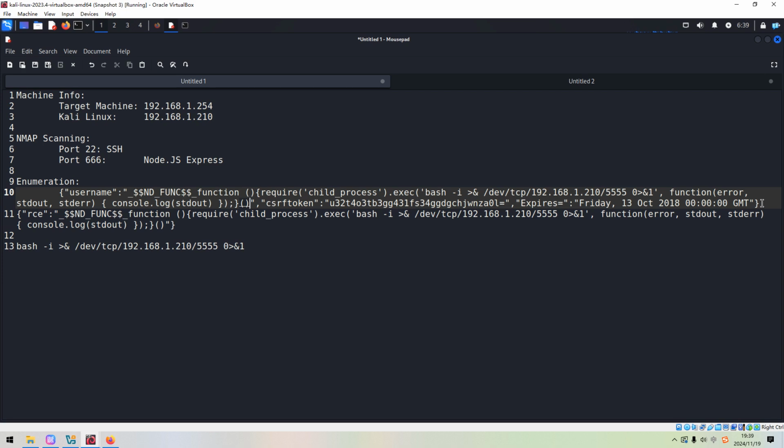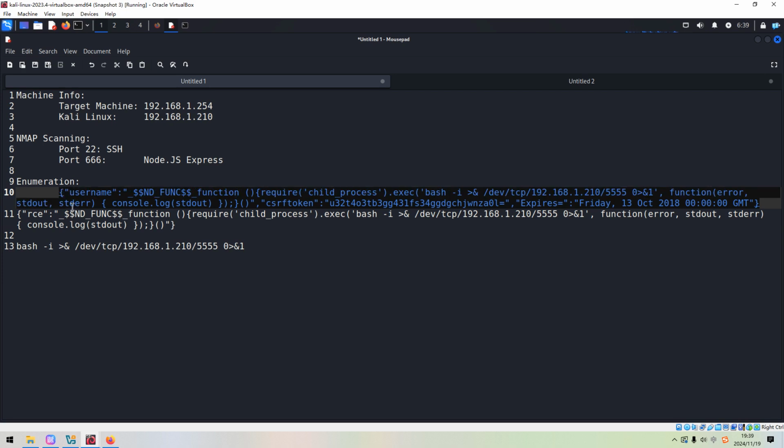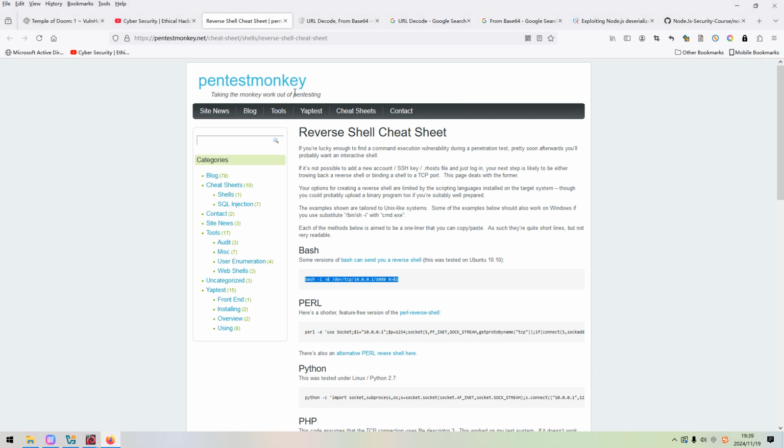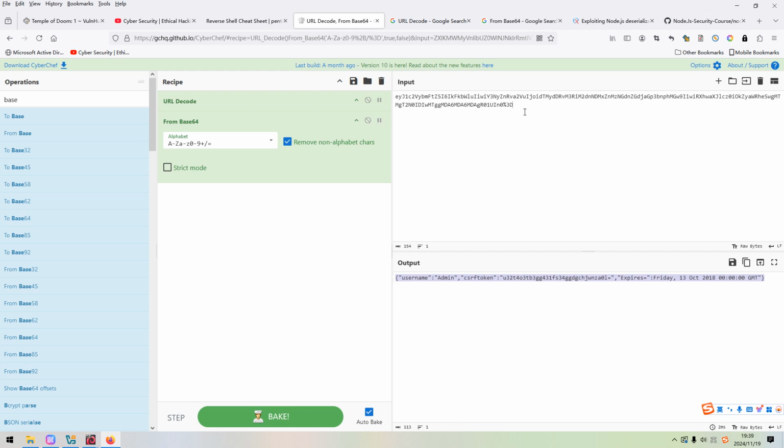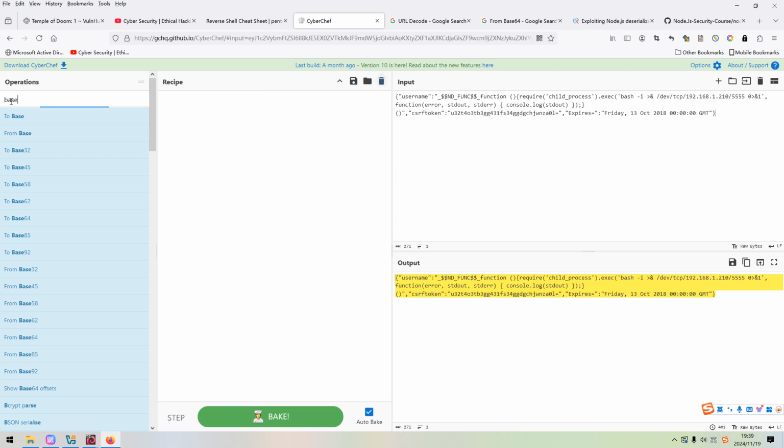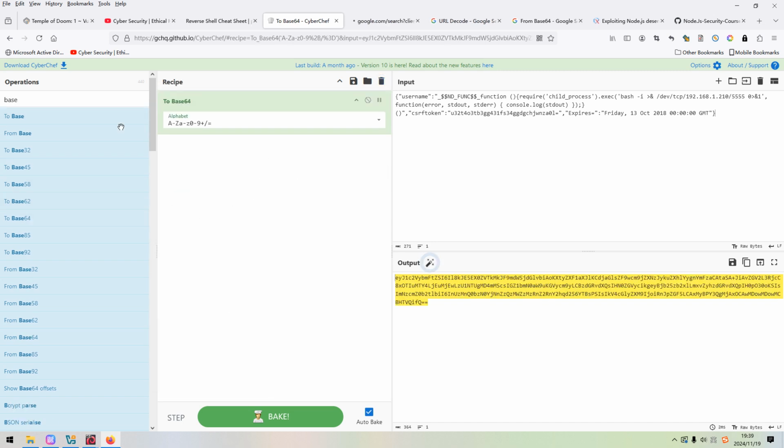So now, what are we going to do next? We need to copy this object, the JSON data, and now we can go to the subchapter to encode. We can put it over here, and the first operation would be base64, and also we need to use URL encode as an operation.